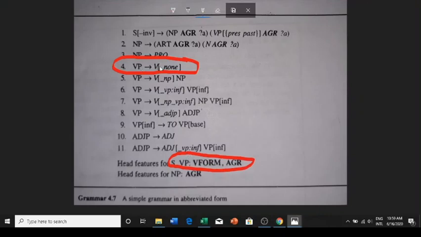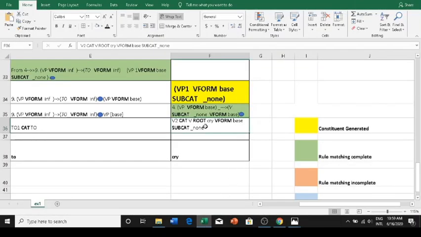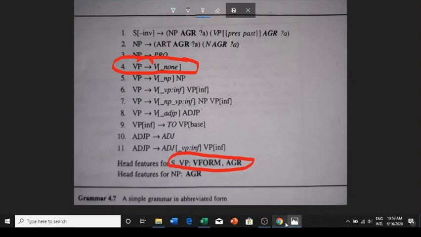So vform and AGR will be available as same values to both these things, even though it is not explicitly shown. And here the verb on the right is restricted with a none, no form as vform. Okay, so we are just going to instantiate the lexicon entry that we got for cry with the right hand side of the production. So what all things can we instantiate? We can instantiate the right hand side of the production with subcat value as well as vform, right? Those things are the subcat, vform and AGR.